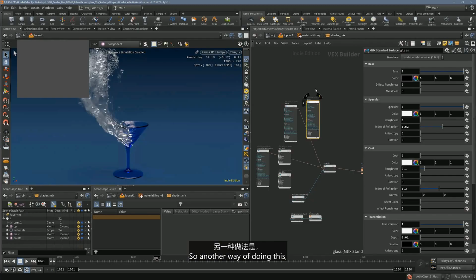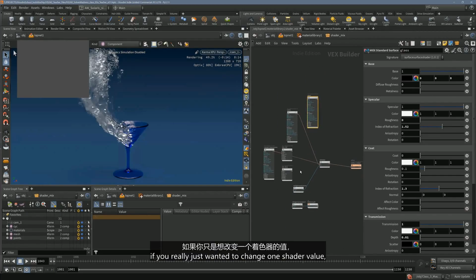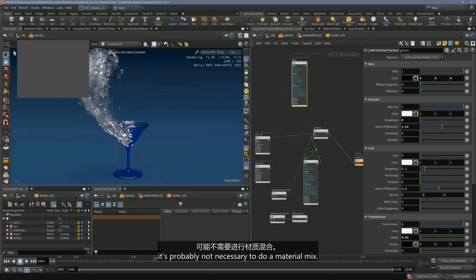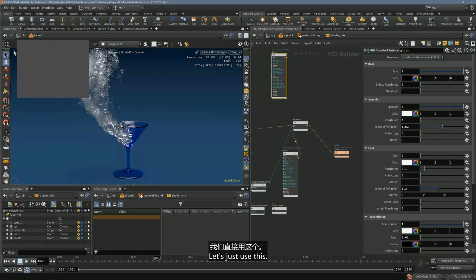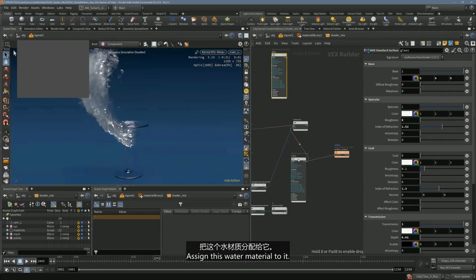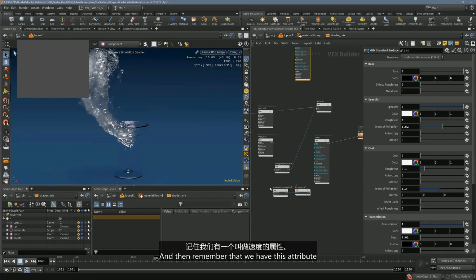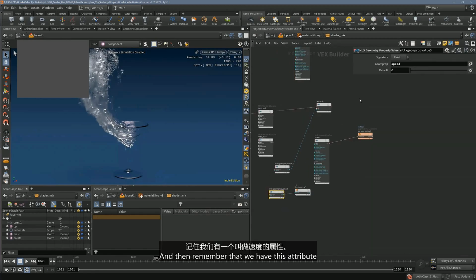So another way of doing this, if you really just wanted to change one shader value, it's probably not necessary to do a material mix. Let's just use this, assign this water material to it. And then you remember that we have this attribute that we called speed. And what that means is we can have a value that goes from 0 to 1 based on how fast those points are moving. And that's handy because,